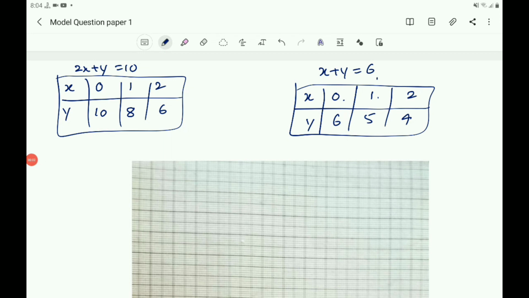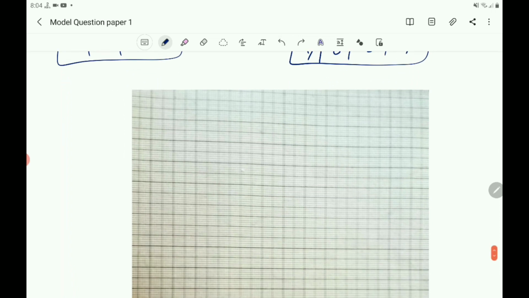Now let us plot the points on the graph sheet. The first equation is 2x plus y equals 10, and the set of coordinates are (0, 10), (1, 8) and (2, 6). The second equation is x plus y equals 6, and the set of points are (0, 6), (1, 5), (2, 4). Now draw the perpendicular axes on the graph sheet